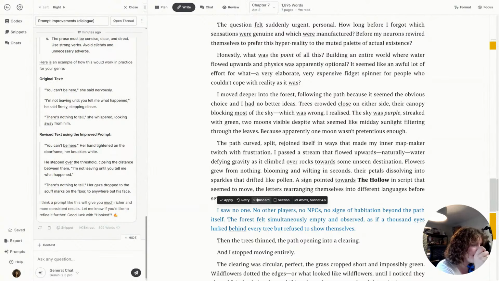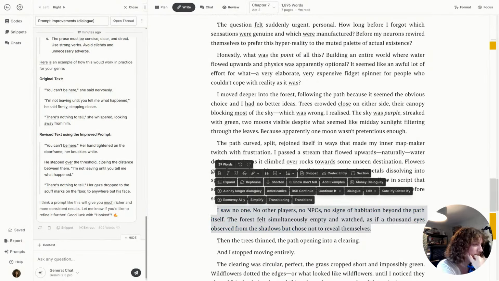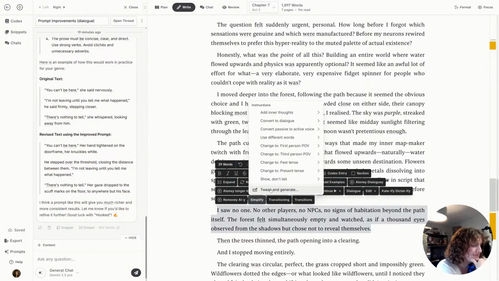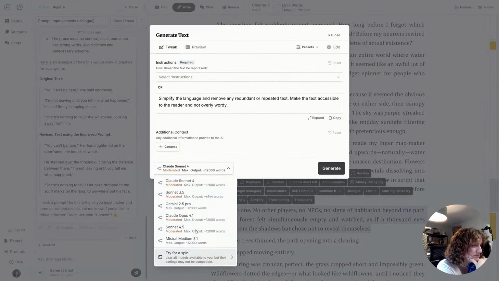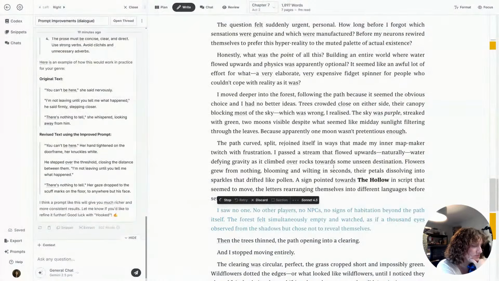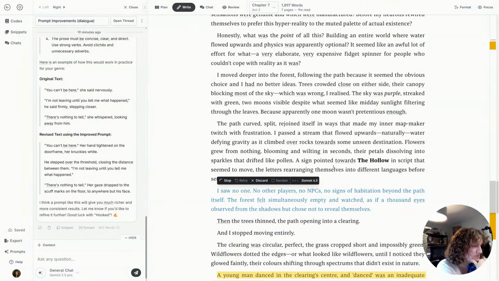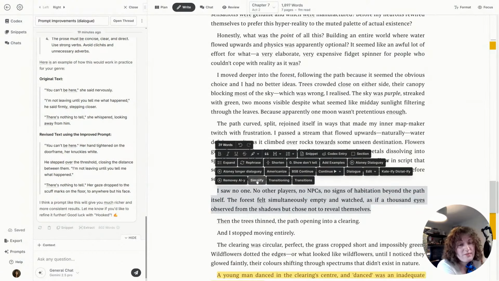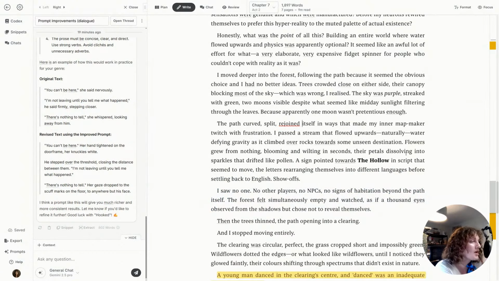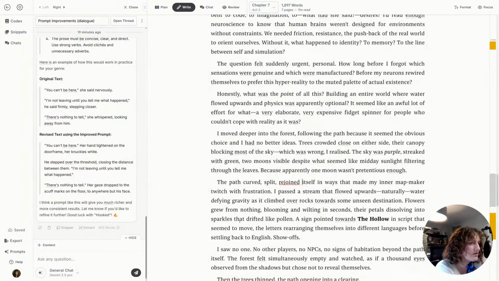No. Okay, let's see instead if maybe simplify. No, but that's fine. Sometimes it doesn't work as well. But I think we've kind of got